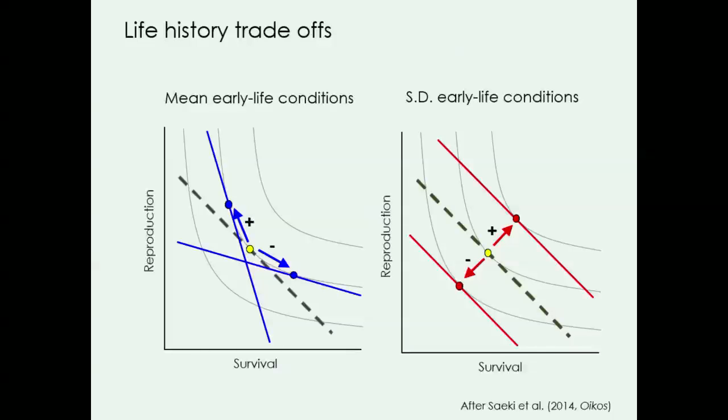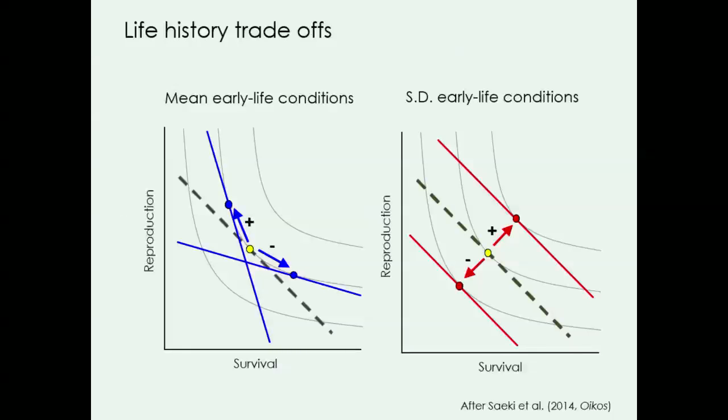I suspect with some of those studies as well, because they've been in lab systems, they haven't really been able to look at trade-offs. Those systems aren't subject to natural levels of selection, predation, pathogens, and so if you repeated those same studies in a natural system, you might find that, although they're living longer, they're actually having a lower per unit time reproductive success. So perhaps like this, the effect of mean conditions on the left.